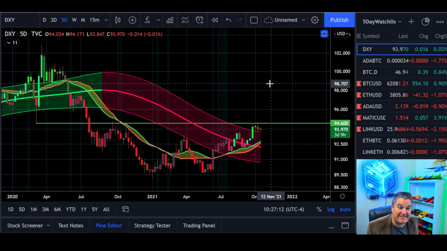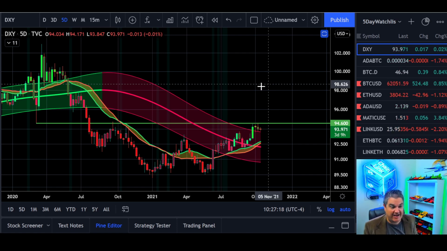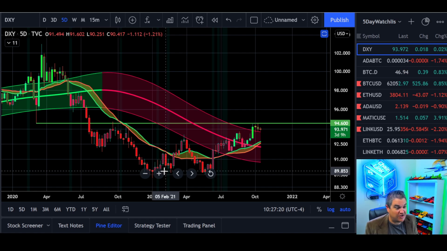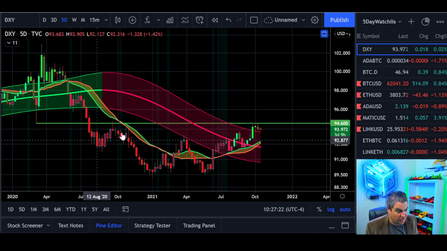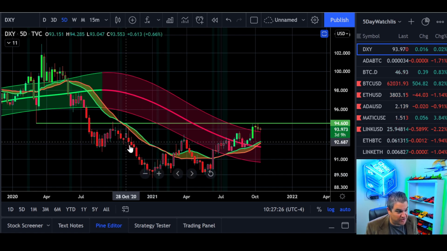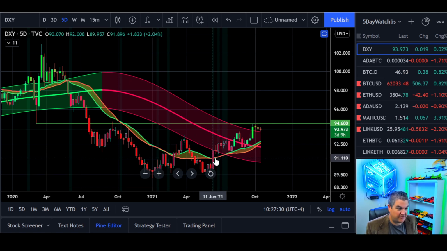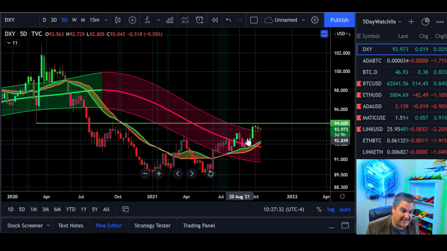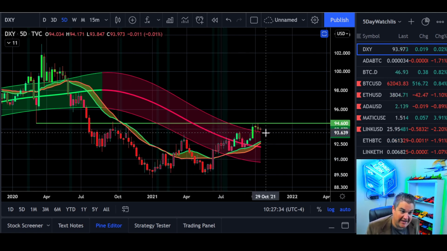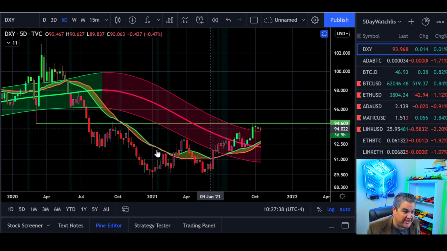As the DXY rises, generally the crypto schematic tends to bleed a little bit. As the DXY falls, crypto can explode. Go back to last year when crypto was exploding, October, November, December, right? The DXY is dropping, right? So although we're rising, we can't get too far ahead of ourselves, because if the DXY starts continuing to make